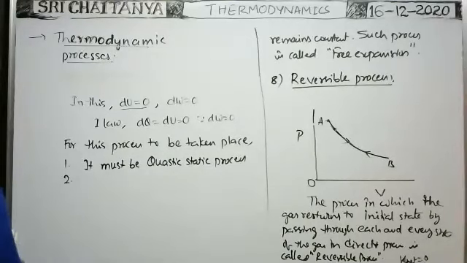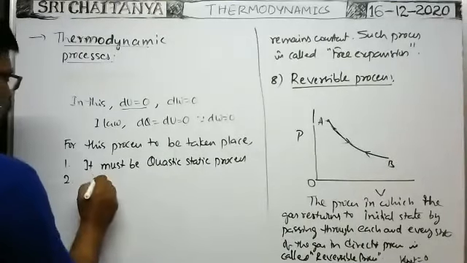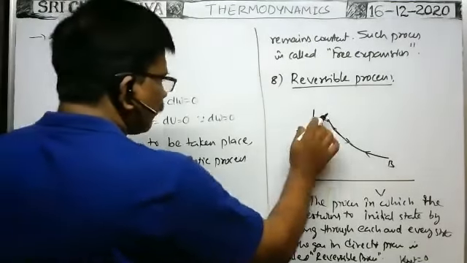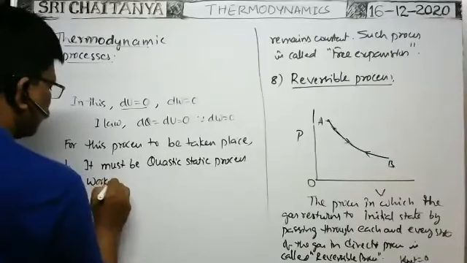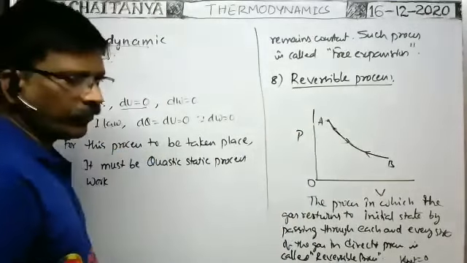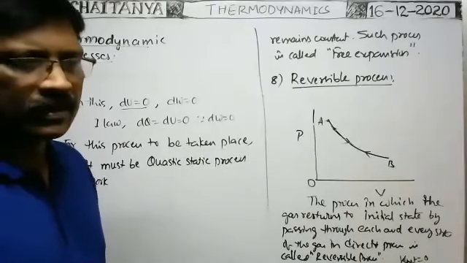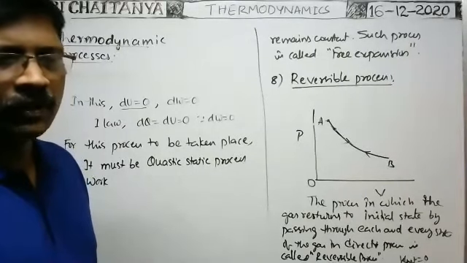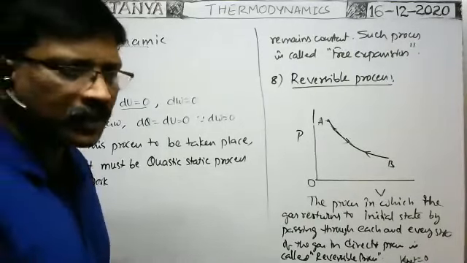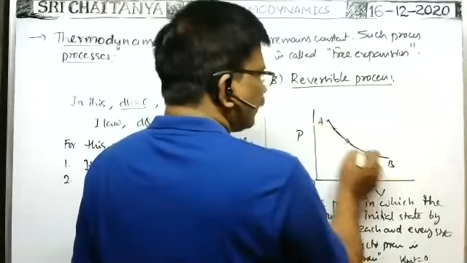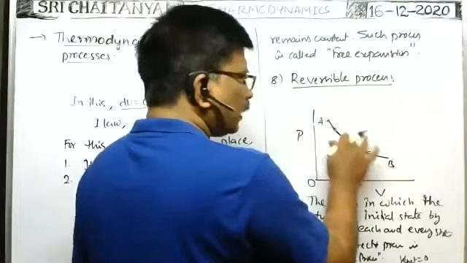Second, the work done in a complete cycle must be zero. Work is done from A to B and B to A also. But the work done after completion of the entire process must be zero. Is it a cyclic process or not? Is the reversible process a cyclic process or not? It is a cyclic process only, but in the direct process and return process, the graphs coincide.